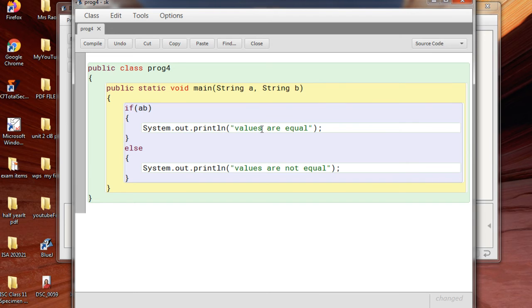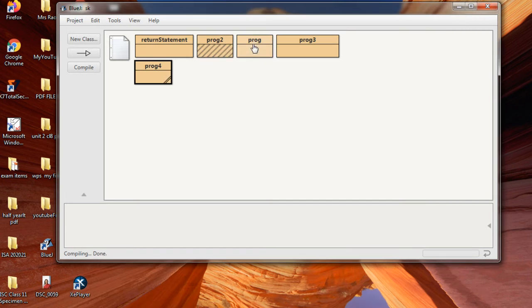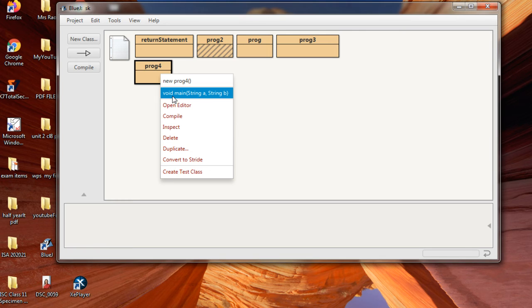String 1, that is A dot equals, B. You have to close this here, and this if is getting closed here. So here you will say strings are equal, and here you will say strings are not equal. Compile. Now let us run the program.